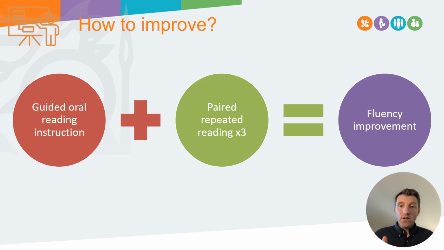In terms of the level of text when developing fluency, don't make it too easy. There needs to be some struggle, some productive struggle in this. So for repeated oral reading activities, it's more productive to work with texts that are challenging, even sometimes at the frustration level, because it takes a bit more rereading and kids learn from this and make progress through those mistakes. In terms of how much rereading, 3 times seems to be the most. You could do it more than that, but it doesn't seem to make a significant difference.